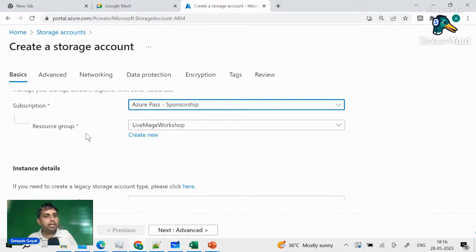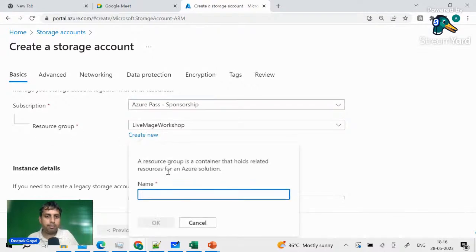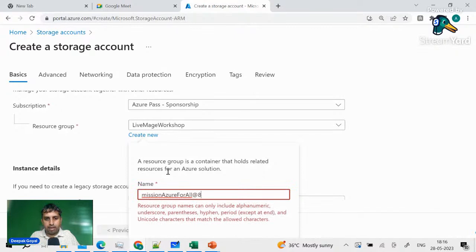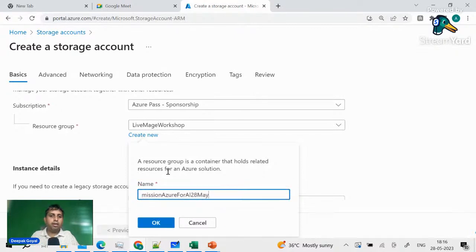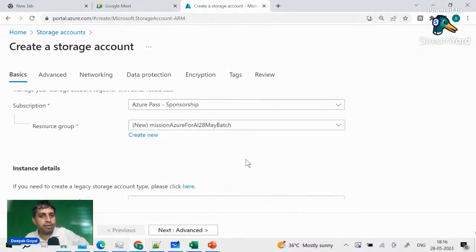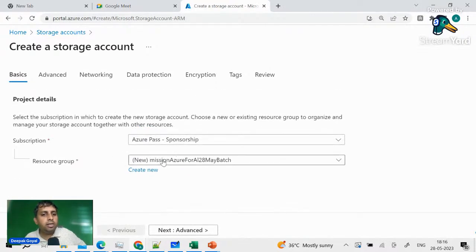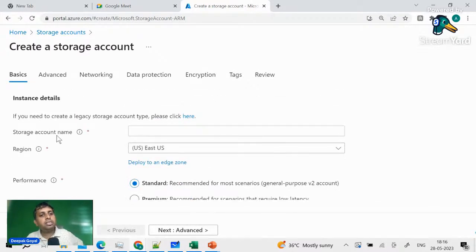Okay, now in the resource group I create a new resource group. Let me call it Mission Azure for All, 28 May batch. Okay, so 28 May batch, I'll remember it by this. This belongs to this specific batch. And then this will go inside this resource group, and now it will ask you the storage account